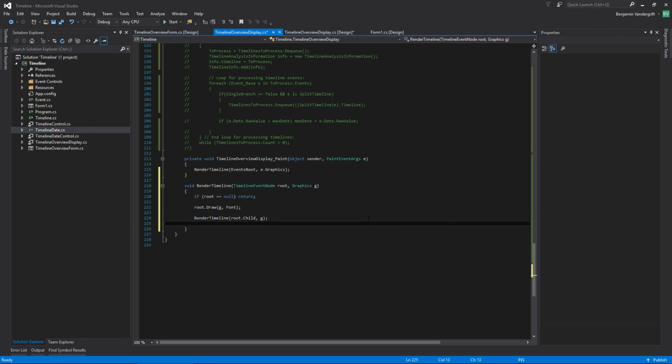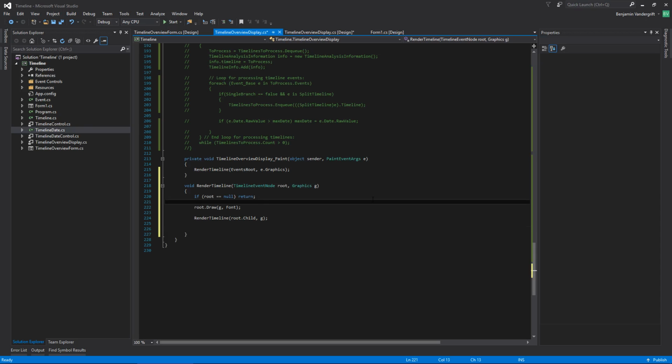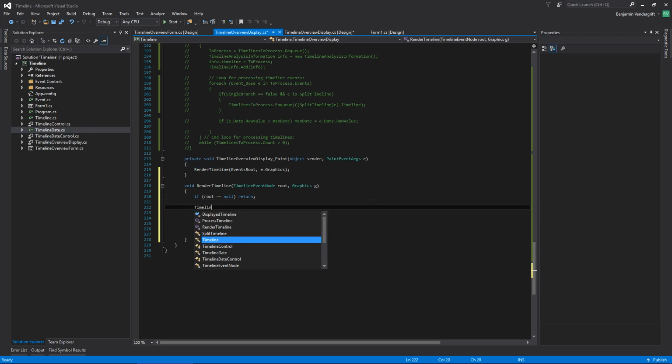So the next thing that I want to do is just call... actually, it's going to be more efficient if I do this. I don't want to fill up the stack with a gigantic timeline. So what I'm going to do is I might keep that, but I'm going to go timeline event node renderman, for no reason other than I felt like calling it that. Was that, and then